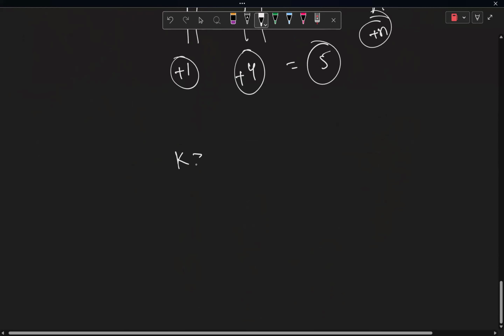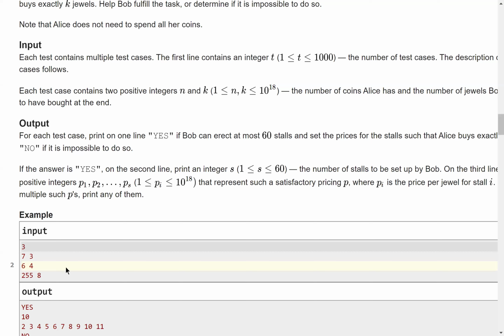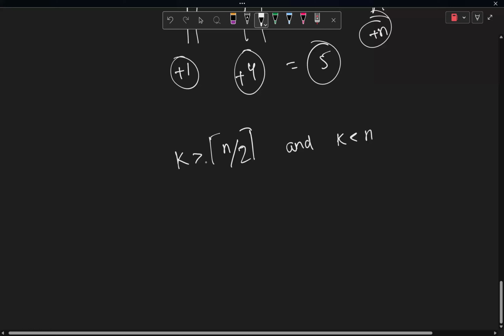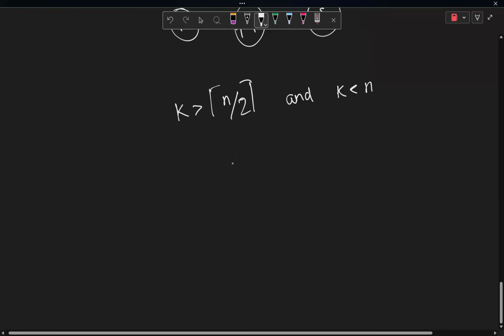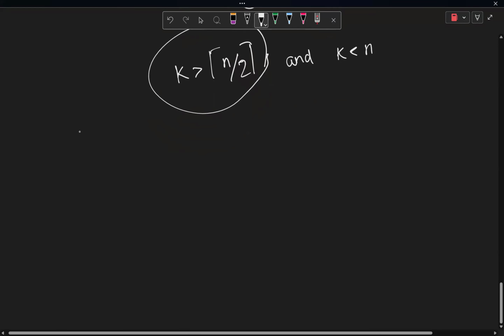Now for the case where k is greater than n by 2 ceil division and less than n. For all these cases, what we want to see is whether there is some way to get this many items or not. The test cases are giving us some hint that we might have answered no in those cases. So the thing is, since I want more than n by 2 ceil division items,